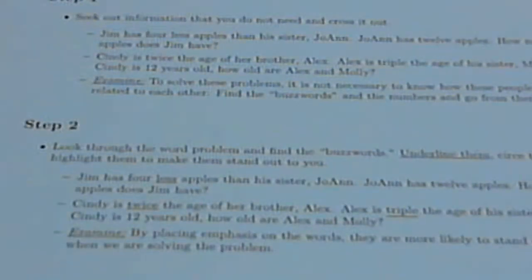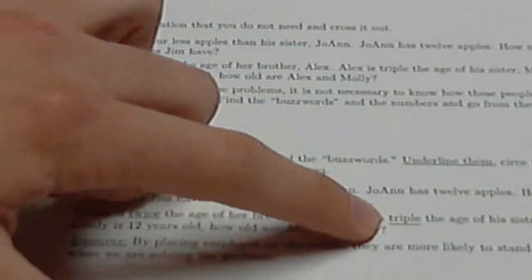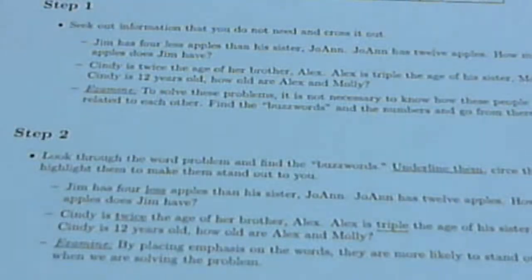Step 2 says, look through the word problem and find the buzzwords. Underline them, circle them, or highlight them to make them stand out to you. Okay, in this example, I've written the same example again, but this time I've underlined the word less right here. Here I've underlined the word twice and the word triple. Okay, because those are buzzwords that help us figure out where our operations are. So by placing emphasis on these buzzwords, they're more likely to stand out to us when we are solving the